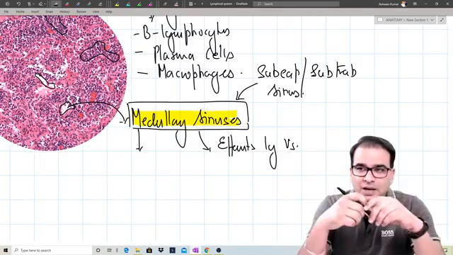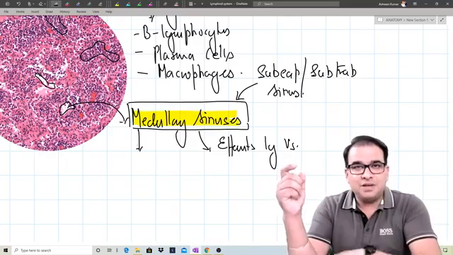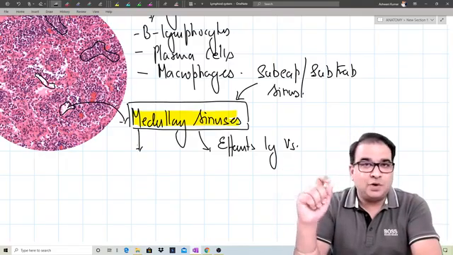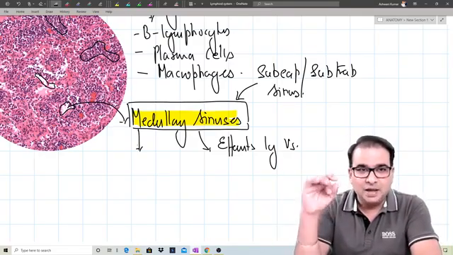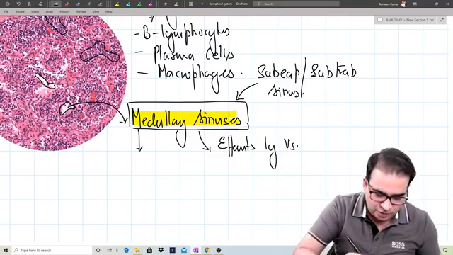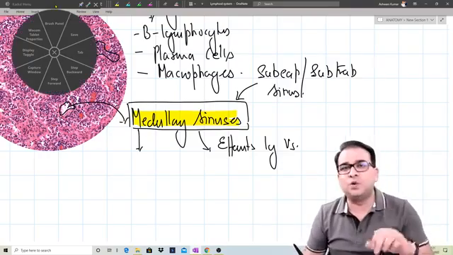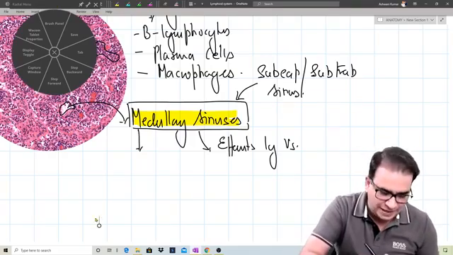Reticular fibers, I'm sorry. In the thymus, there will be reticular cells. We have epithelio-reticular cells over there. We will talk about that. Here we have the reticular fibers, and they are the ones which support the B lymphocytes, the plasma cells,